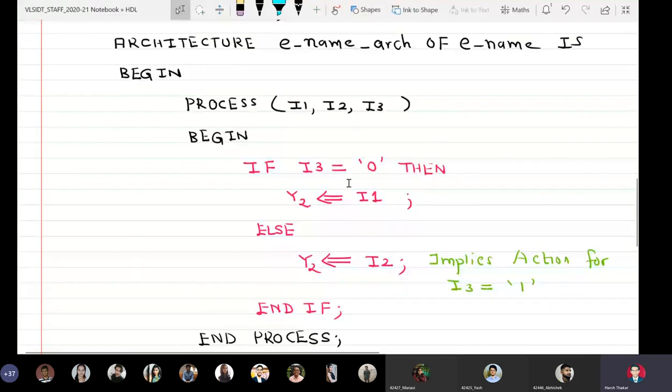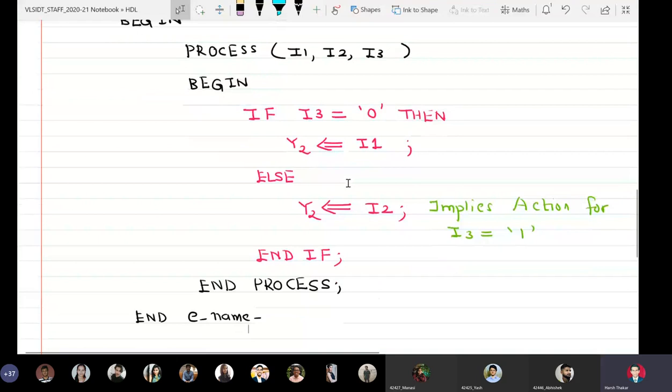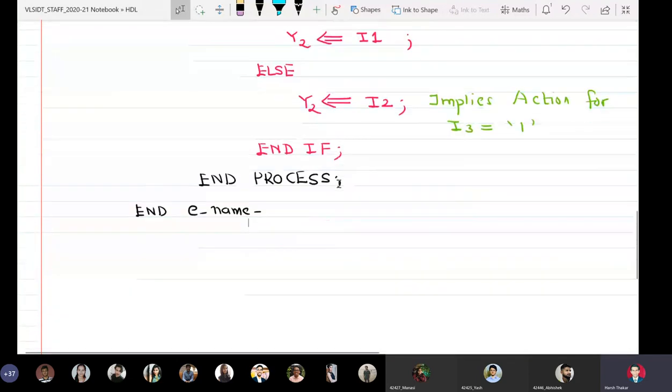So if I3 equal to 0, then y2 is assigned I1, else y2 is assigned I2, end if, end process. It's very simple.